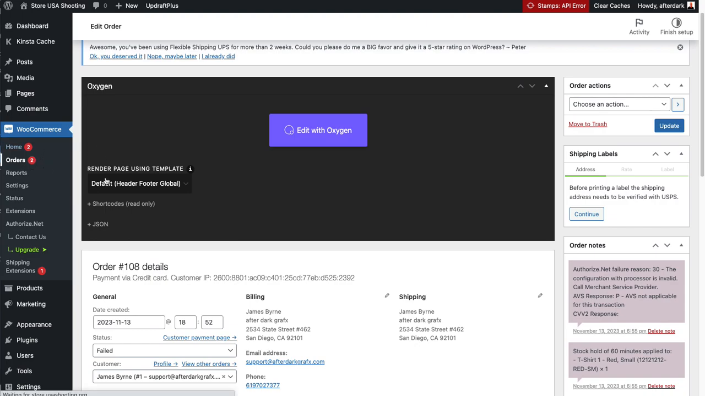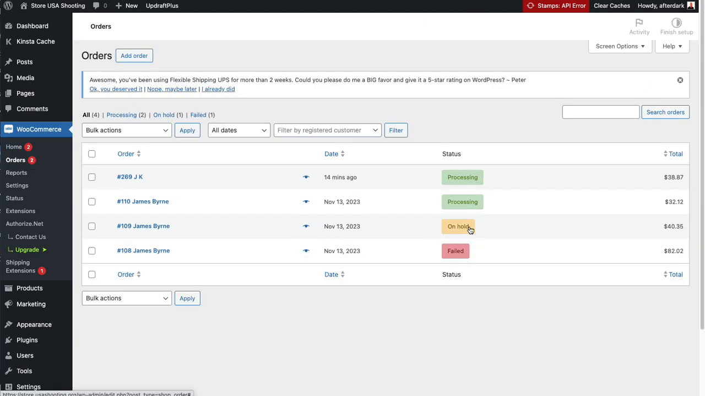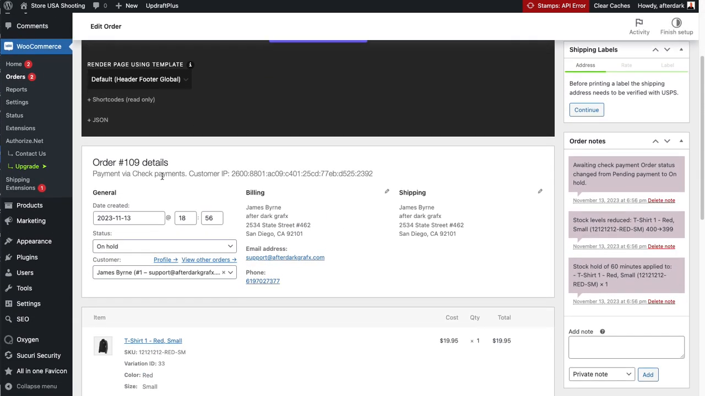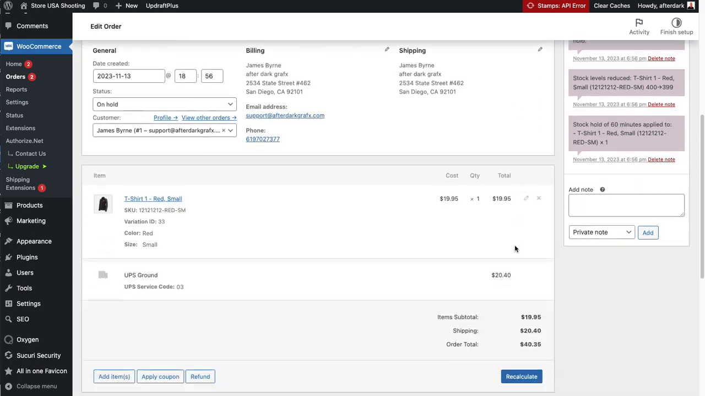The next one down, if you look at the orders, is going to say on hold. This was just a test that we did as a check. If you do any kind of check payments or cash on delivery or anything like that, you're going to see it go to this on hold status. So it goes through these levels. It's waiting for check payment. Say, for instance, they send a check in,